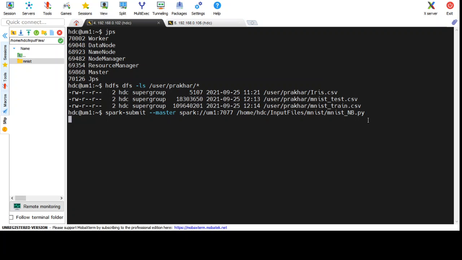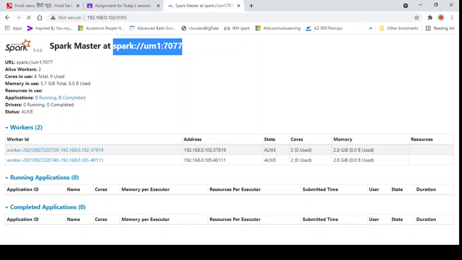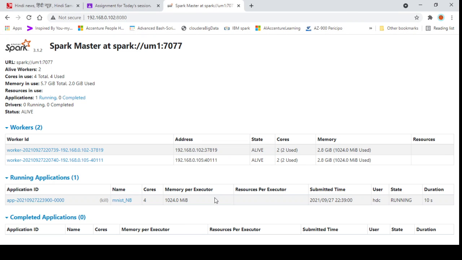Okay, so as soon as I execute it here, if we go to the master URL and refresh it again. Yeah, see, it took some time in getting reflected here.